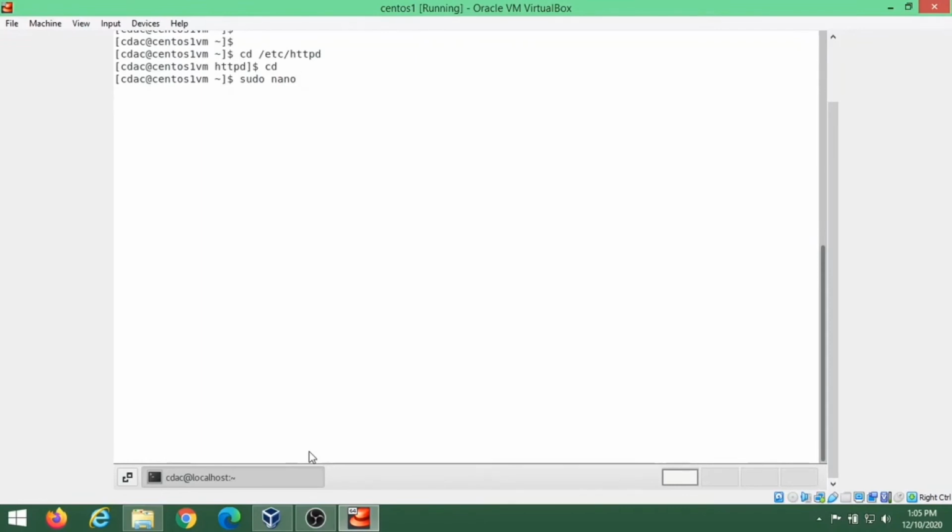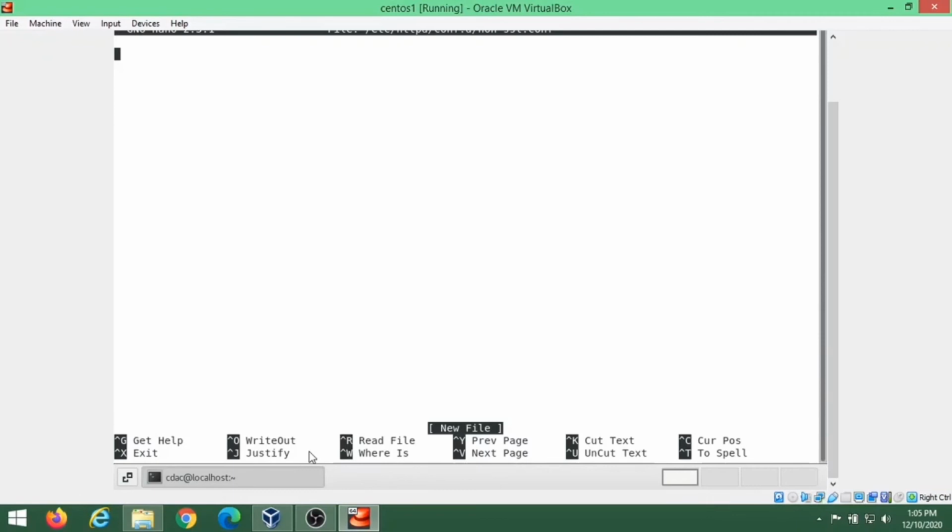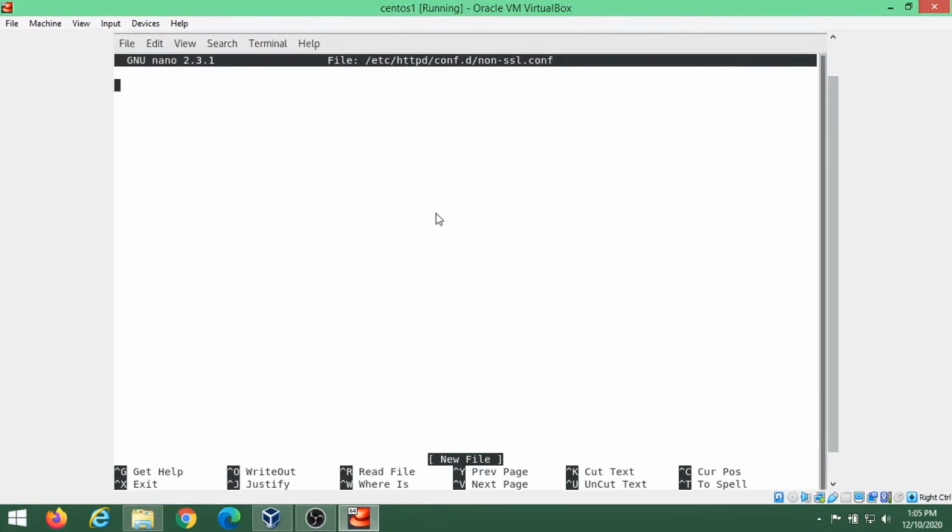We'll create the file with the nano command at /etc/httpd/conf.d/non-ssl.conf. Here inside, create a virtual host to match requests on port 80. Inside, use the ServerName directive to again match your domain name or IP address. Then use Redirect to match any request.